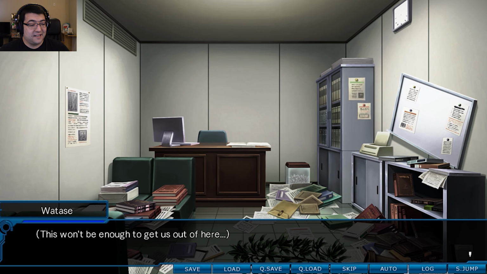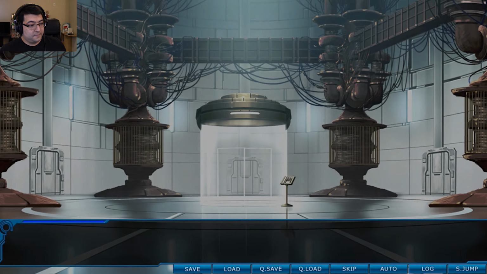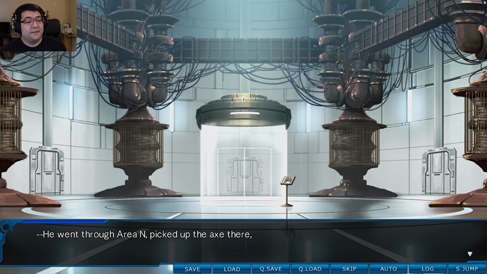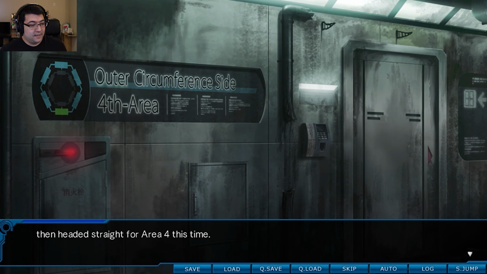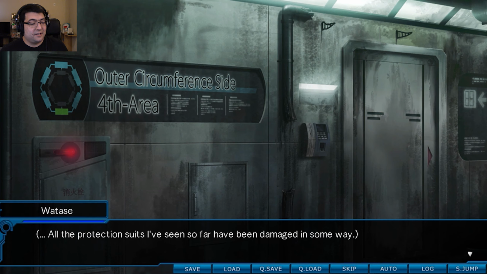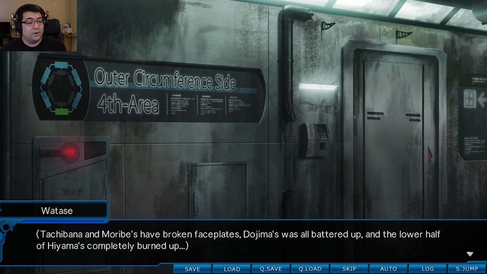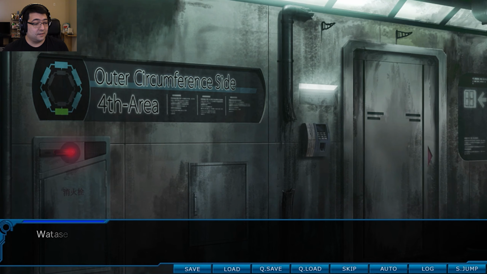This won't be enough to get us out of here. Watase took off the cracked faceplate, threw it aside, then ran out of the base. He then went to Area N and picked up the axe there. Then headed straight for Area 4 this time. All of the protection suits I've seen so far have been damaged in some way. Tachibana and Moribe have broken faceplates, Dojima's was all battered up, and the lower half of Hiyama's is completely burned up. But if I combine them together...